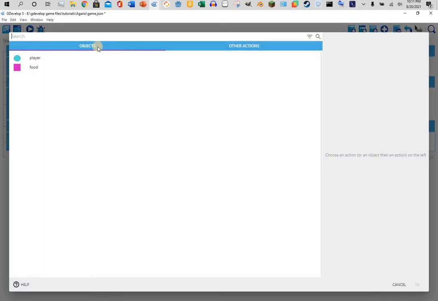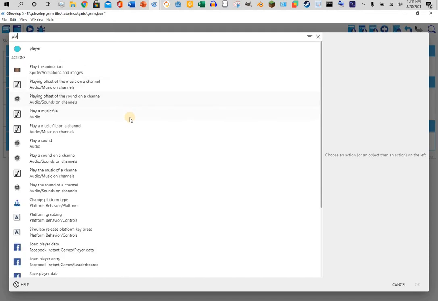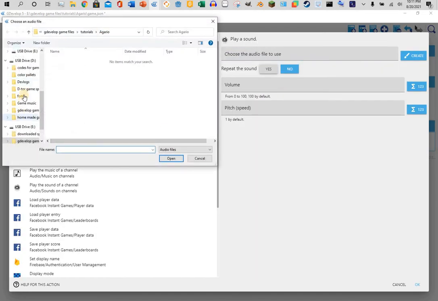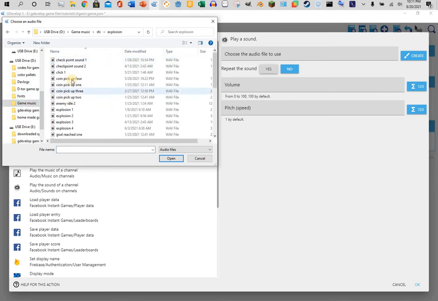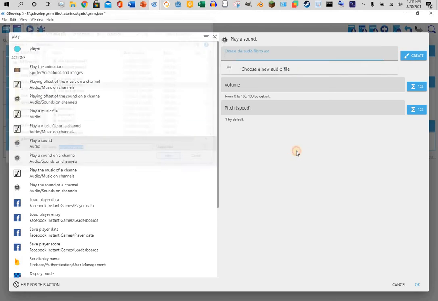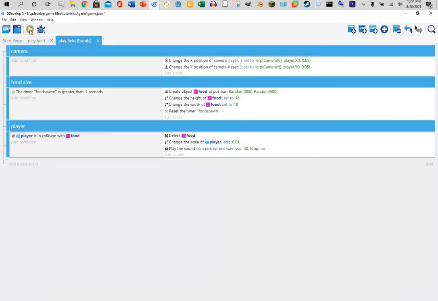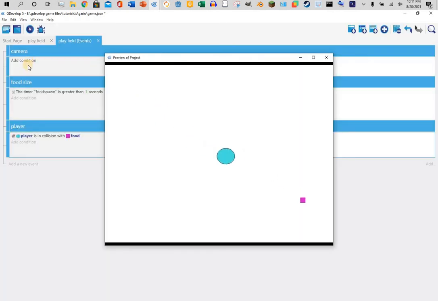I want to tweak it, so I'm going to add a sound. I'm going to type in play sound. I'm going to choose a coin pickup. I'm going to set it to 40. Hit OK. And now when our player collects a coin or something,